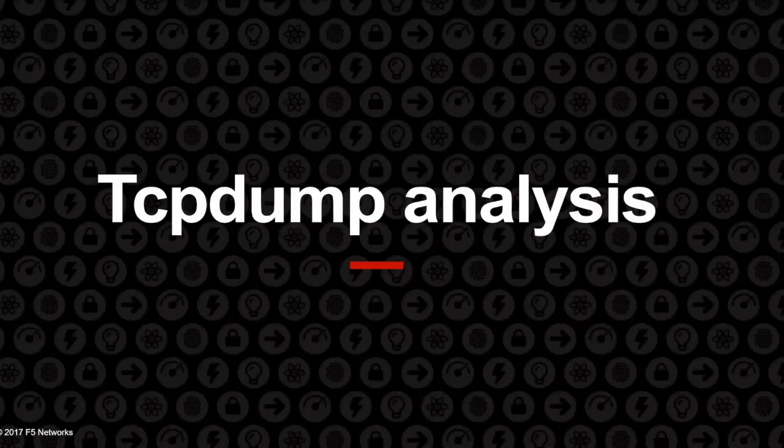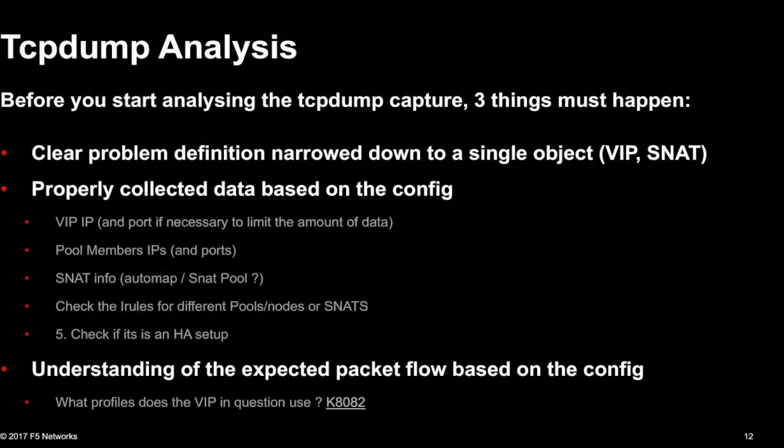So, Tcpdump analysis. Before you can start any troubleshooting or Tcpdump capture, there are 3 things that must happen. We have to get a clear problem description. So we will need to narrow down what object is involved. If we get the problem description, application is not working through F5, we need to collect